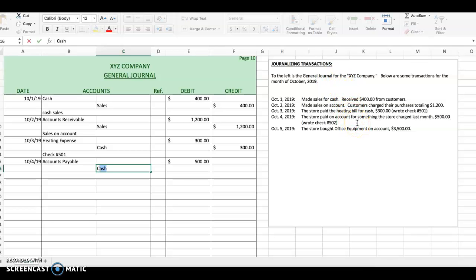So again, cash is the asset. Cash goes down, so that means any asset is showing a decrease on the credit side. So 500 goes on the credit column. So we have check number 502. Okay, so we paid on account. You have to remember that accounts payable is the liability account. It decreases on the debit side. And the last one,